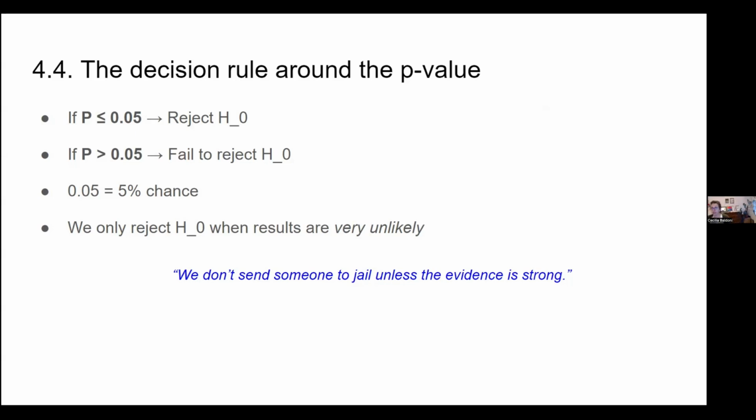If the p-value is 0.03, there is only a 3% chance that the outcome is a coincidence. It's a very unlikely case that this outcome is a coincidence, meaning it's very unlikely that out of 100 people having this drug, 97 of them would recover only by luck. That's another way to put it. So the value is so small that it's almost impossible that it's only by luck.